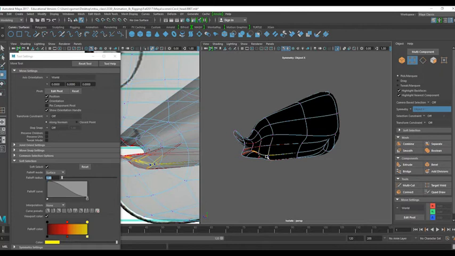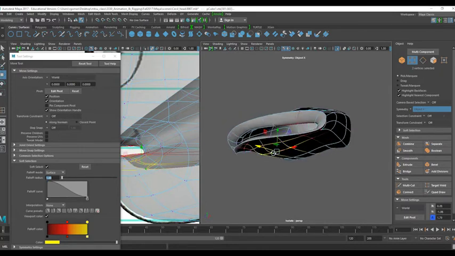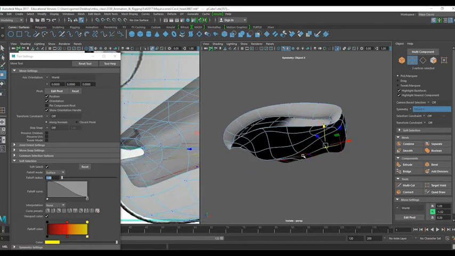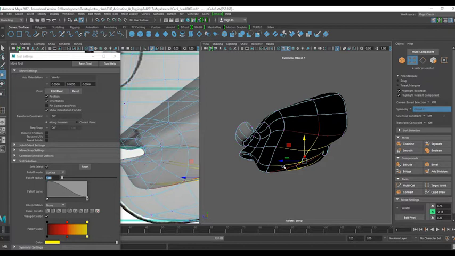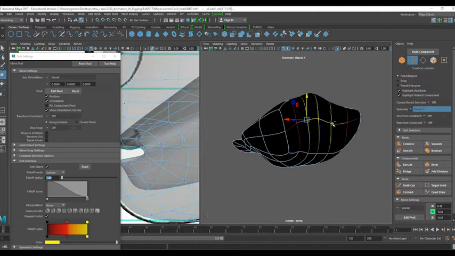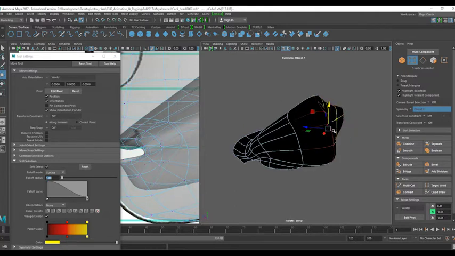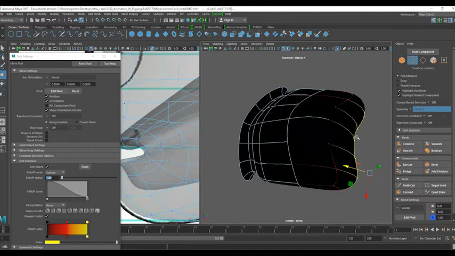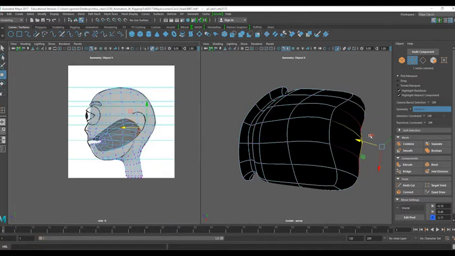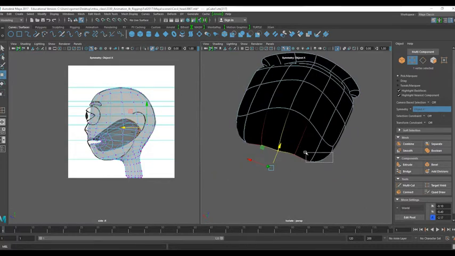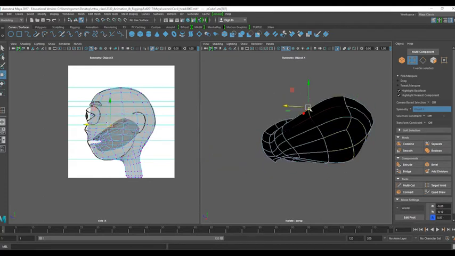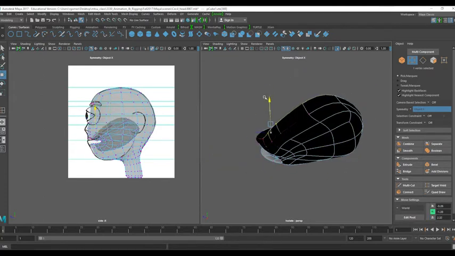So I'm going to try to get some of his inside spaces a little bit better, so that when he opens his mouth, he feels that he really has a mouth in there. Just make sure that it doesn't go behind this neck. Okay, so I'm going to just push this guy in and get the roof of his mouth up, and this one up to